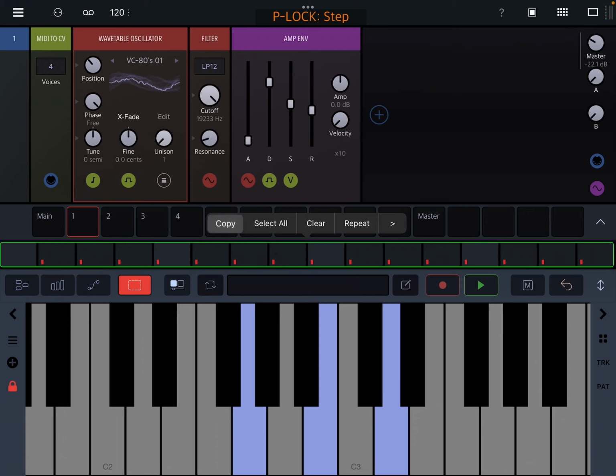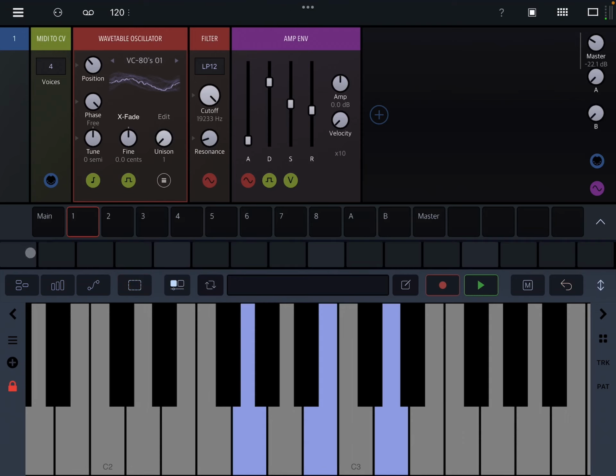I can either clear everything that's here, or if you for example only have a note here, if you have a note and p-locks, then you can select this clear p-lock option, if you use the right arrow to move on to the next set of options in that particular menu. And then as you can see, this sequence is now clear, and we can move on to talk about automation